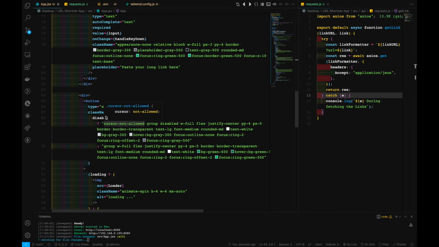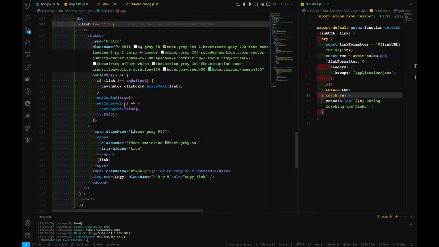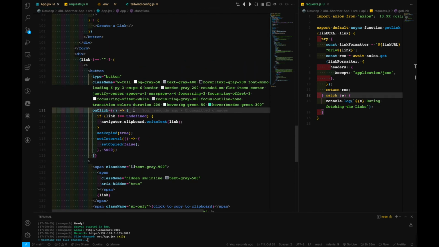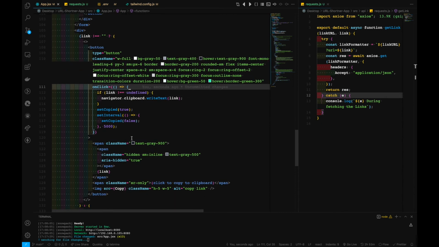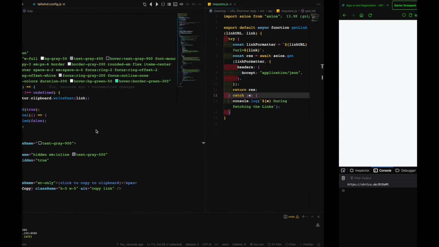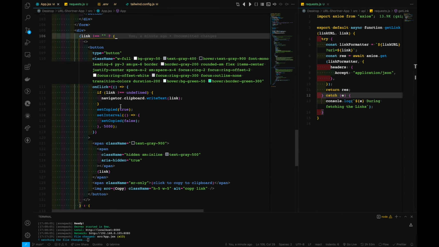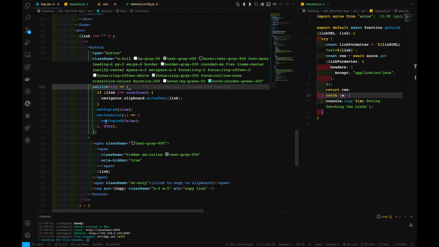So the link is printed out right here. So what have we done right here? We pretty much haven't discussed what we have done right here. We have created an on-click function for this particular button that's appended to the DOM. So if we have this particular link, then we will append this state to the DOM, where we have the button, and if the button is clicked, we will